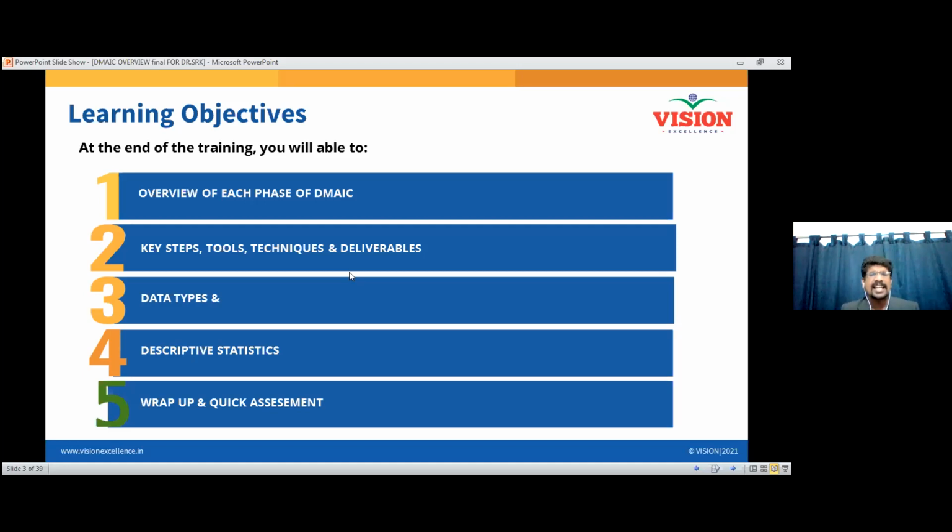Then regarding the data types, when you are going to deal with data, so I think if someone of